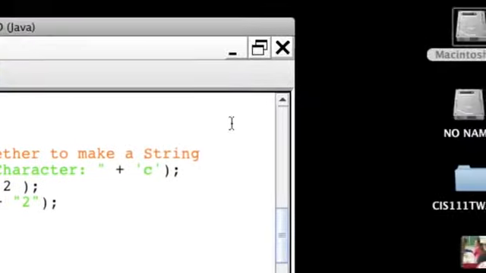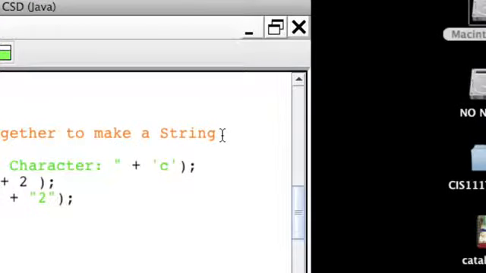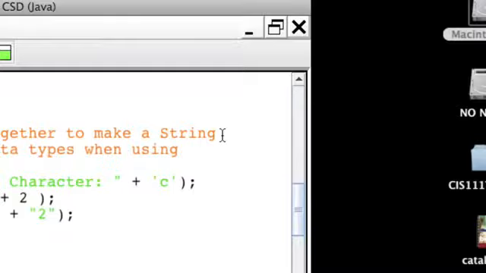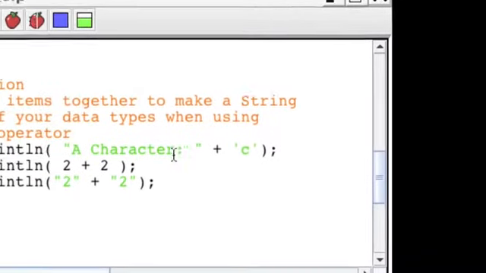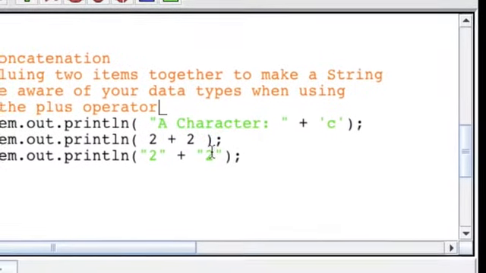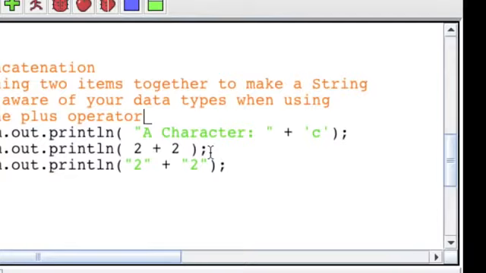So you need to be aware of your data types when using the plus operator. So in this case, you might expect on line 32 that you would glue two items together, but in this case, because